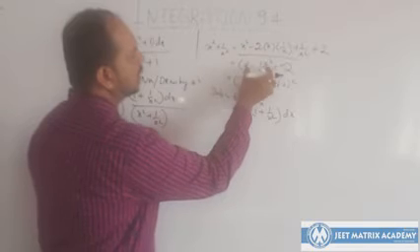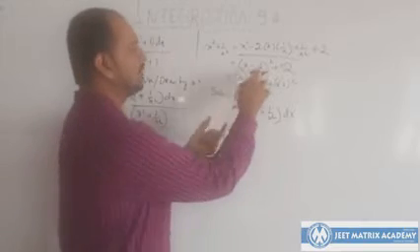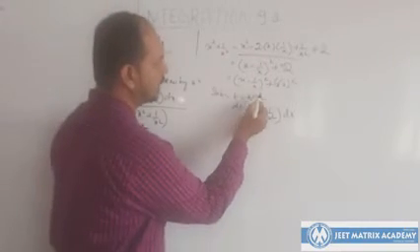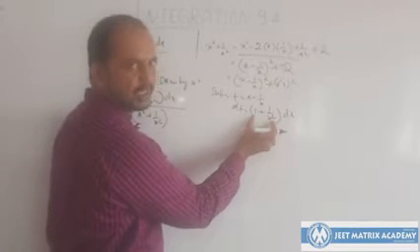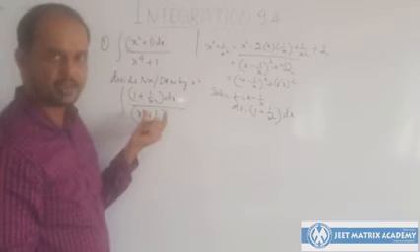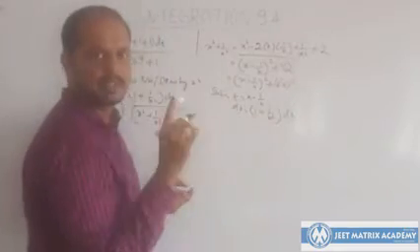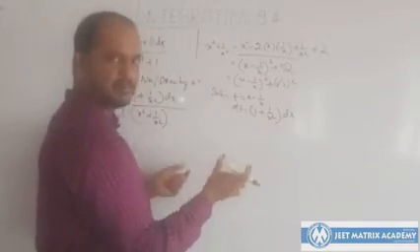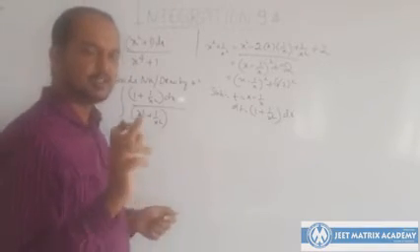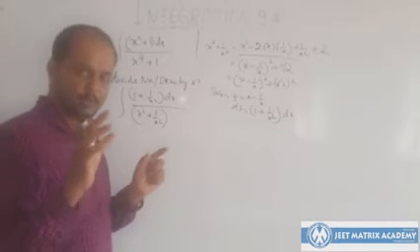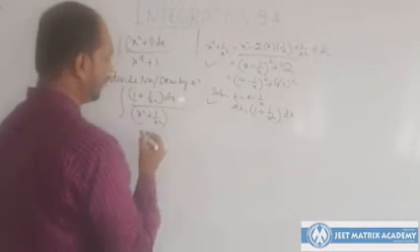That is the reason I am getting the plus sign here. I did this in minus format, a minus b whole square format. This is why I put the minus sign. If I take this as minus, then I am getting plus. If I put plus here, I am getting negative here. But my requirement is 1 plus 1 by x square. That is what you are supposed to think. You can even put plus here and minus there, but that is not my requirement. My requirement should be fulfilled, and as per that you have to manipulate. This is very important in integration. You should be good at manipulation.